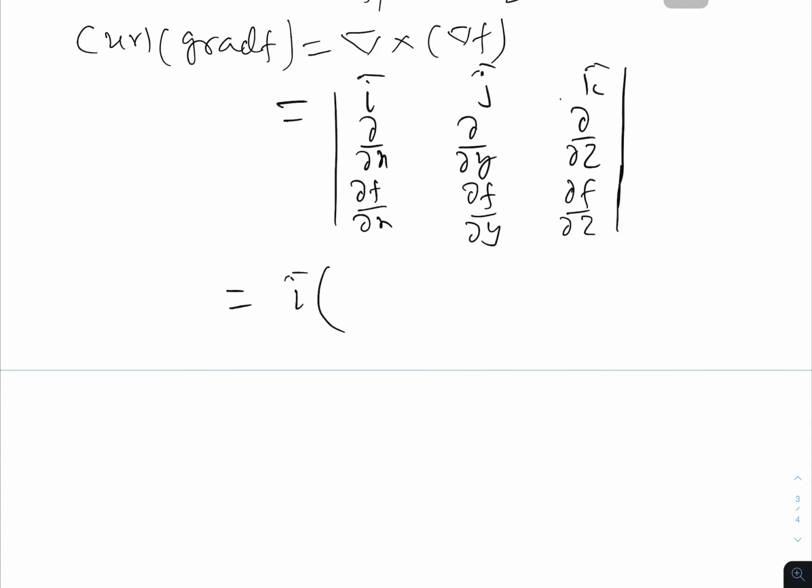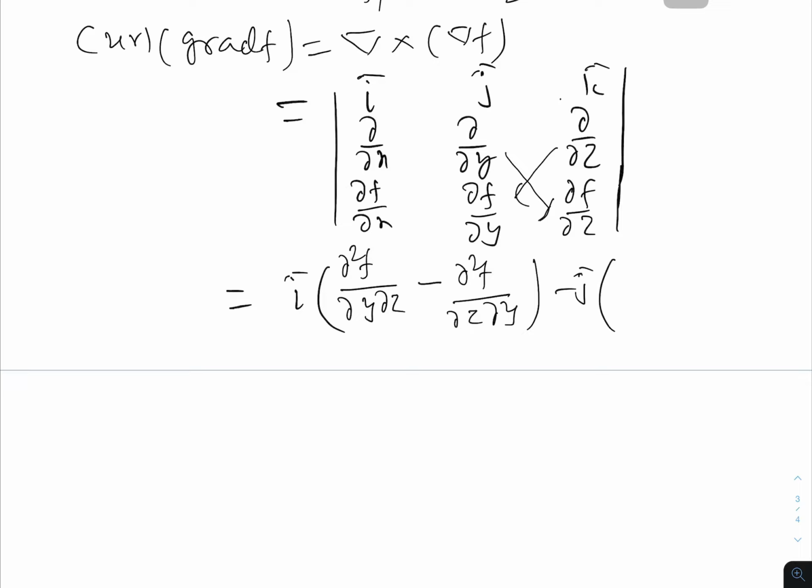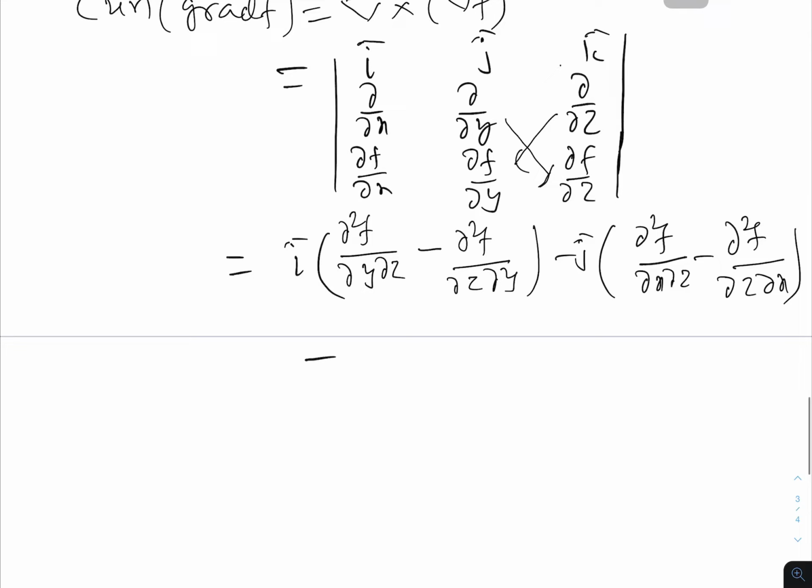Evaluate. So this is i times del by del y of del f by del z, that is del square f del y del z, then minus del by del z of del f by del y, so del square f del z del y, then minus j (del square f del x del z minus del by del z of del f by del x, so del square f del z del x) and plus k